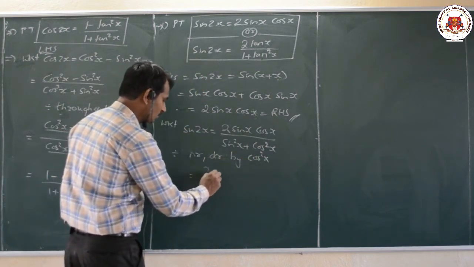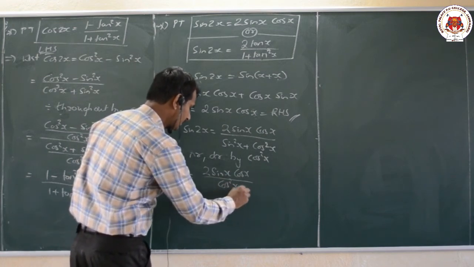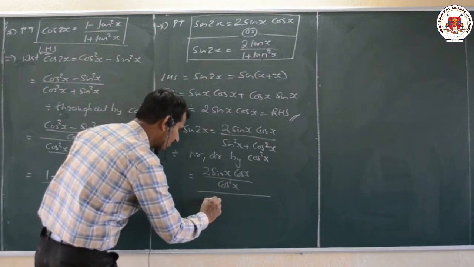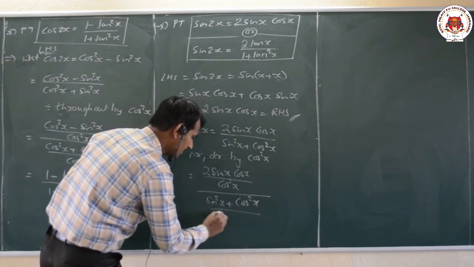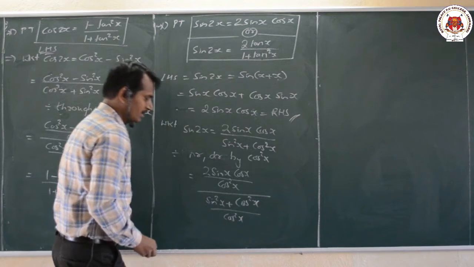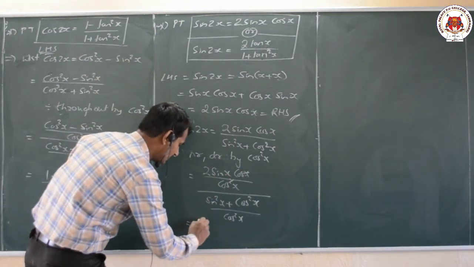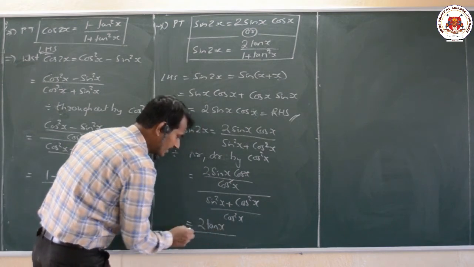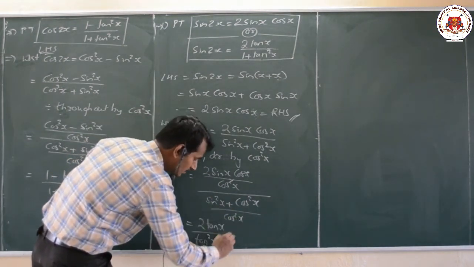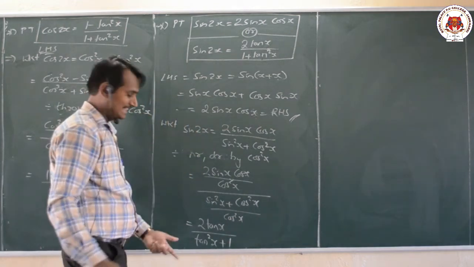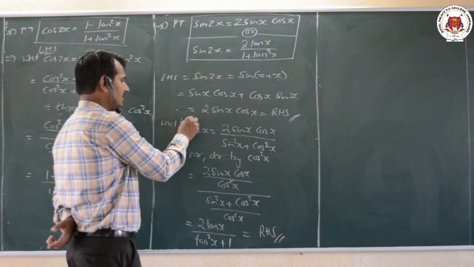Now what we get is 2 sin x into cos x, whole divided by cos square x. Now whole divided by what we have, sin square x plus cos square x, whole divided by cos square x. Now here we can see that the squares get eliminated. Sin by cos means the value will be 2 tan x, whole divided by sin square by cos square, that is nothing but tan square x, and cos square by cos square value will be 1. That is nothing but our required result, the RHS. This will be our LHS part.